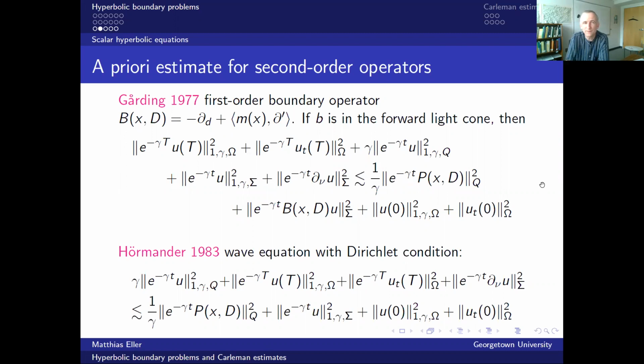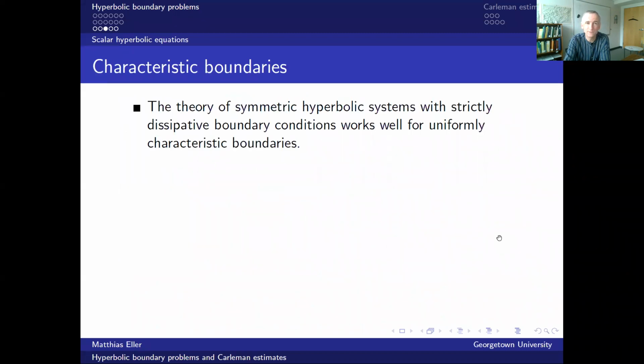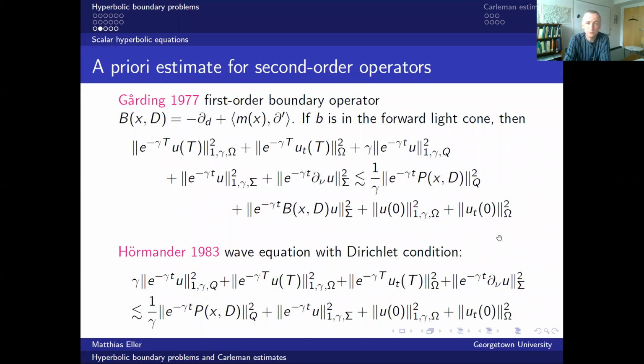So what I like with these results is that they don't need any microlocal analysis. They're actually done with integration by parts only. So this way you can obtain these estimates. Now, what I still want to do before I turn over to Carleman estimates,